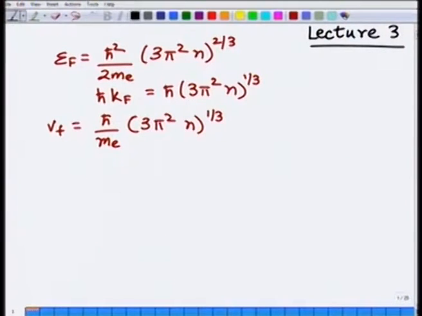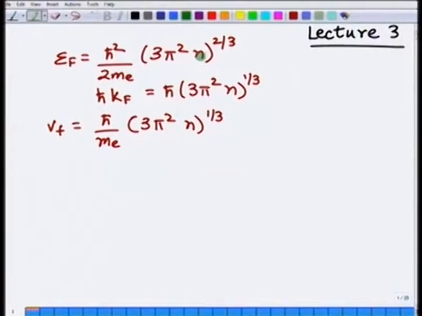Okay, welcome to lecture number 3. So, what we are going to do is we will start with where we finished off in lecture number 2. So, let us recall what we did at the end of lecture number 2. We had said that if you know that you have n electrons per unit volume, which is this n right here,